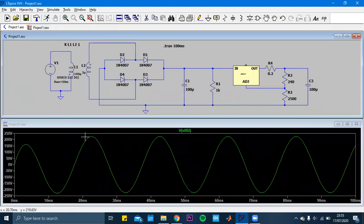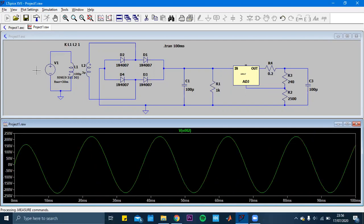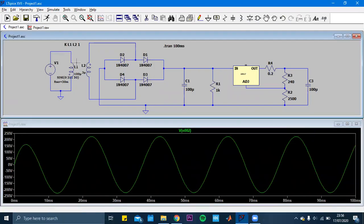Yeah, this is the input voltage. The voltage level is almost 220, so there is no problem. And after that, we are in the transformer part. In the transformer part, we are required to step the voltage down to a level